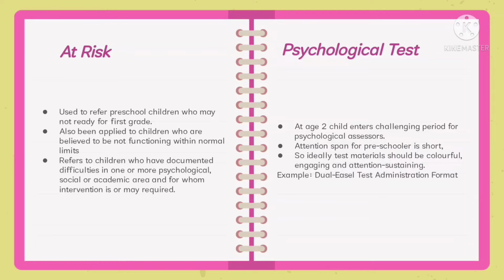Particularly desirable are tests that are relatively easy to administer and have simple start or discontinue rules. Also very desirable are tests that allow ample opportunity to make behavioral observation. For example, the dual easel test administration format. A teaching item for each subtest and dichotomous scoring, such as right or wrong, all may facilitate test administration